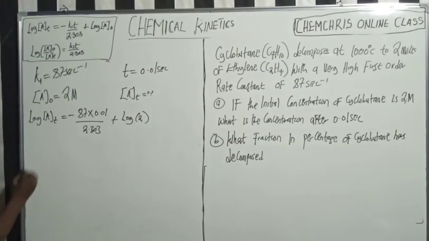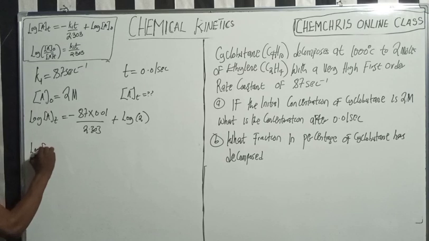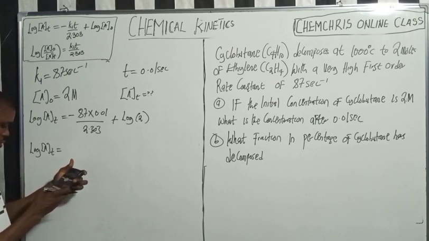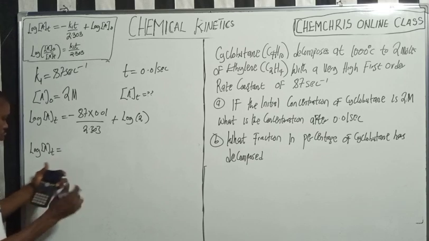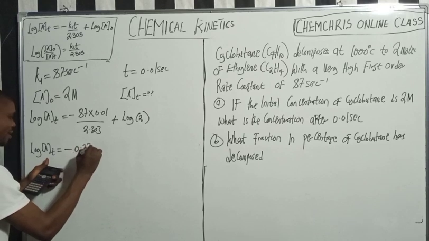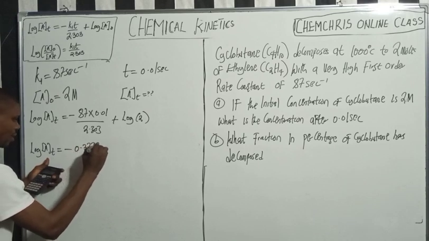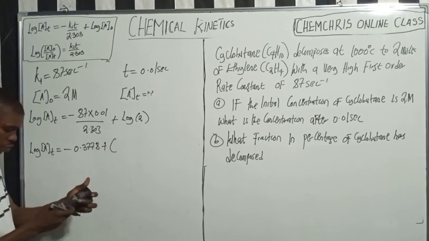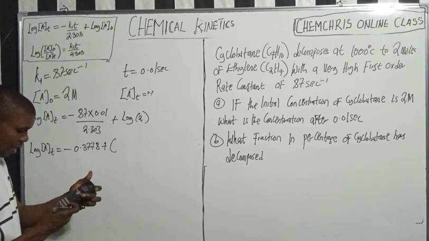So it's going to be log At equals minus 87 times 0.01 divided by 2.303. So it's going to be minus 0.3778, right? That is it. Plus log 2 is